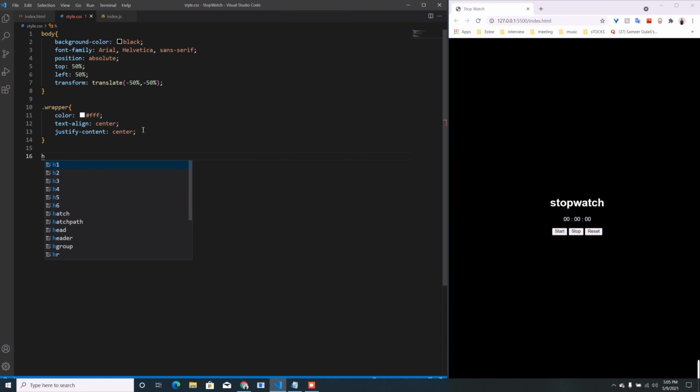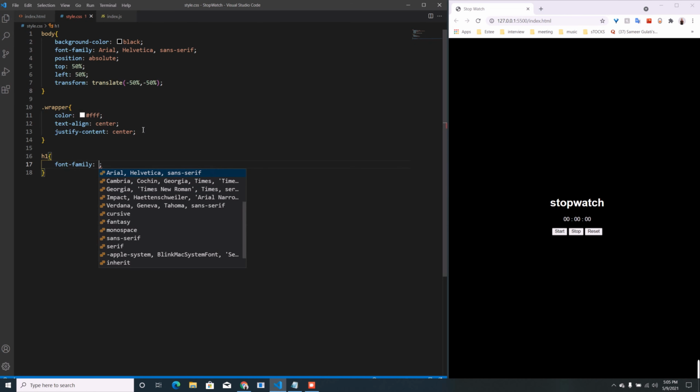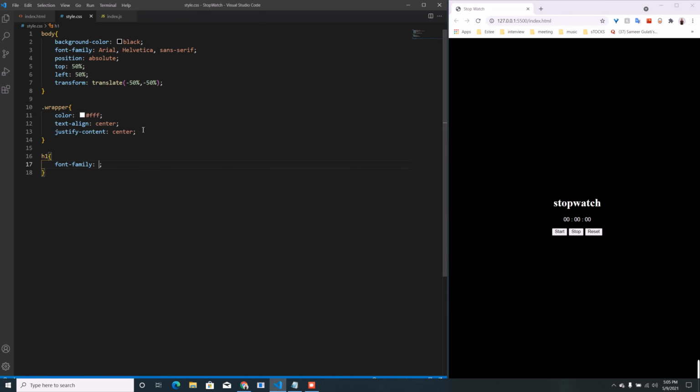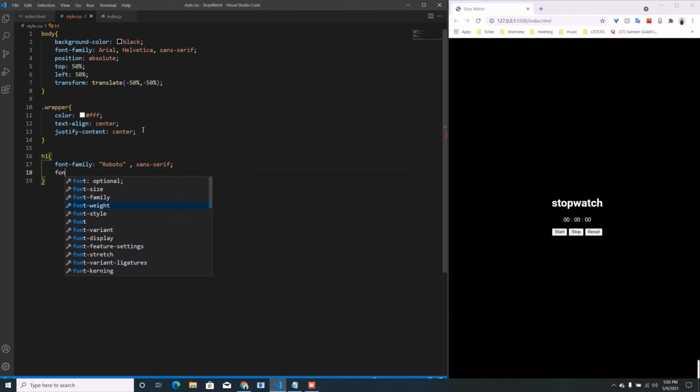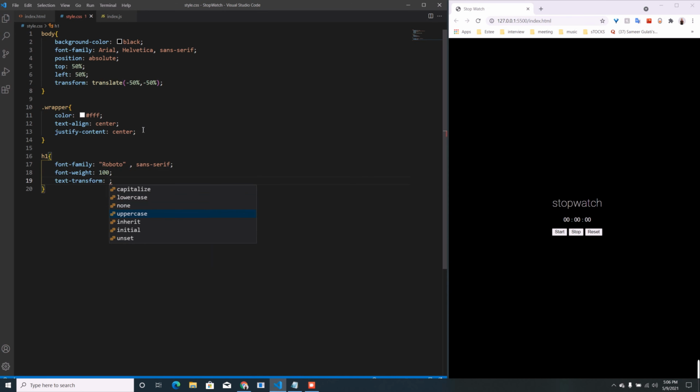Now let's change this stopwatch heading. For this one, let's take font family Roboto, sans serif, add some font weight as well, a font weight of 100, and text transform uppercase.